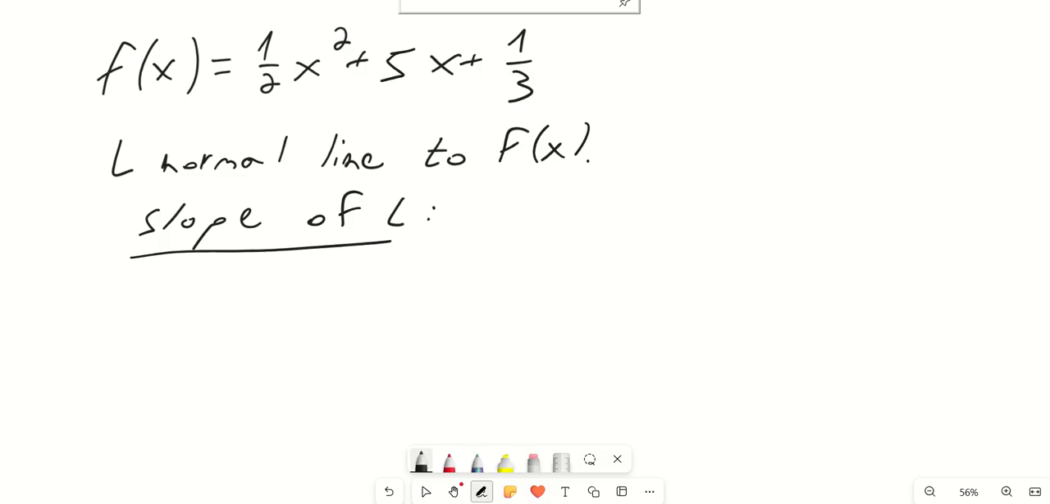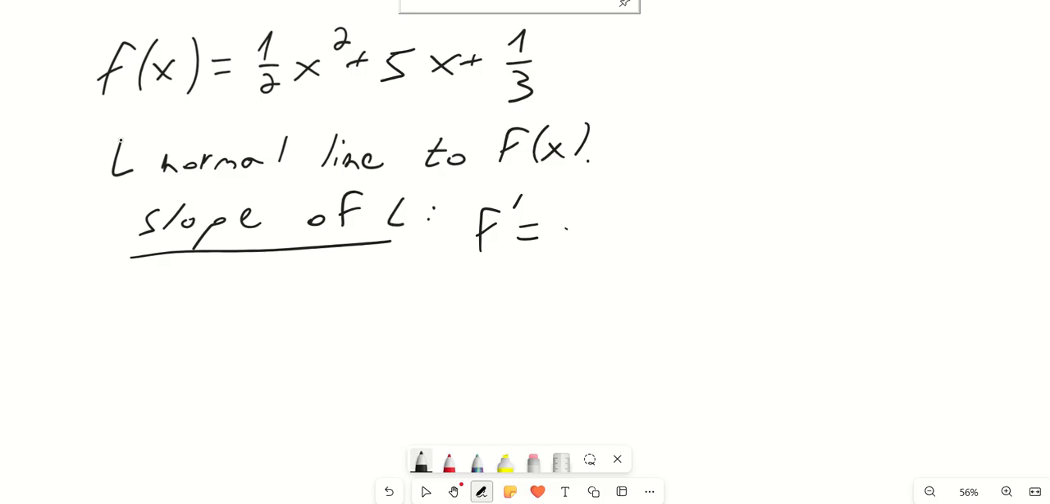So I can calculate the slope of the tangent line. I don't have to give it a name, it's simply the derivative. By definition, the derivative of a function gives us the slope of the tangent line at a specific point. So if I take the first derivative,